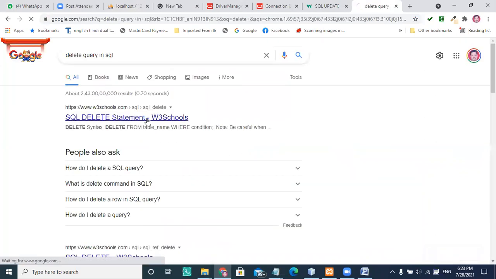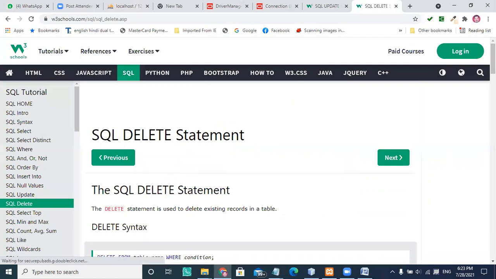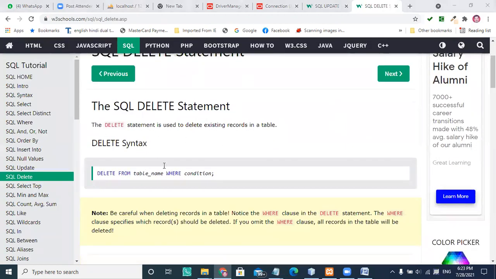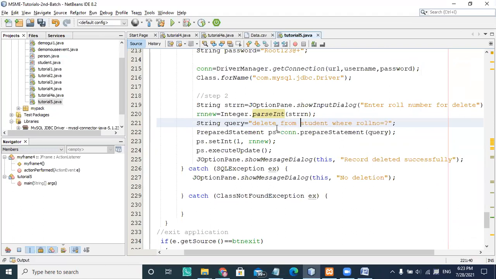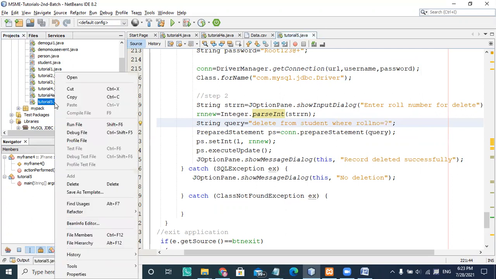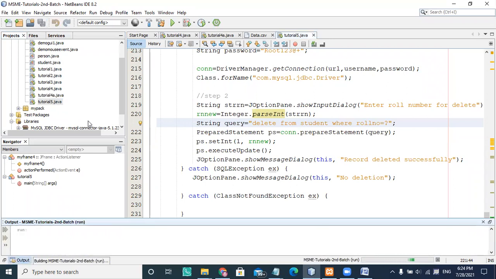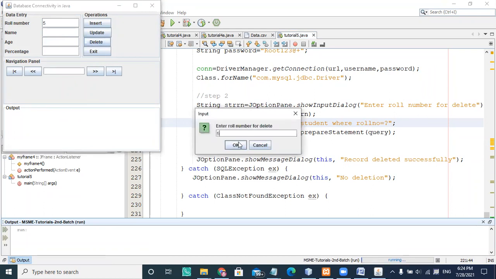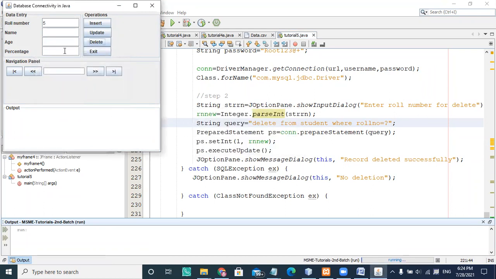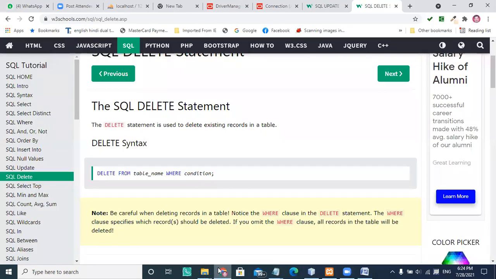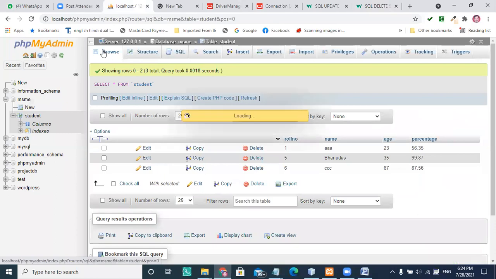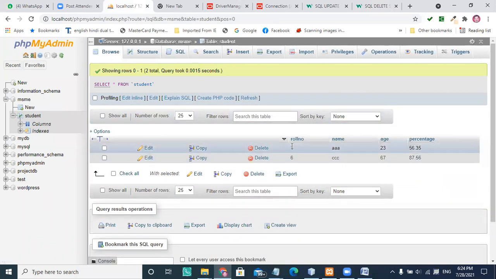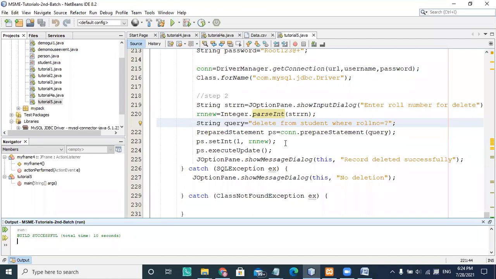So there is a delete from, I think, if I'm not wrong, and that is delete from table. So I use the query here. So student delete from is going to delete that specific record which is matched with the roll number. So I'm selecting a roll number here and selecting a roll number again here and say okay. So record deleted successfully. Let me check whether my second record is deleted or not. So choosing a browse option here. So my second record is deleted and showing 1 and 6. So this is the way where you can insert, update, and delete the record.